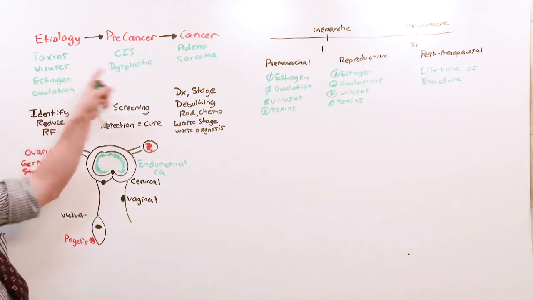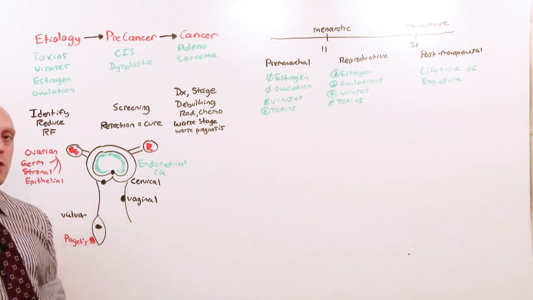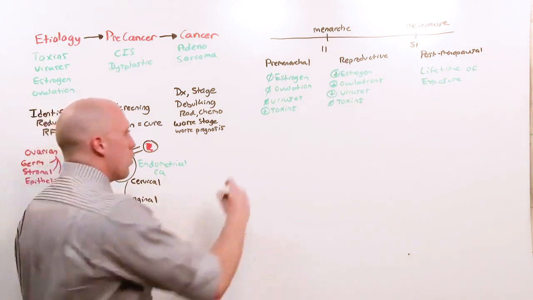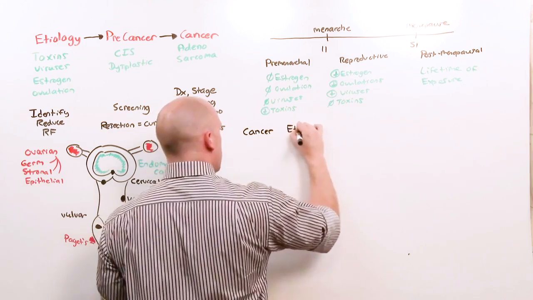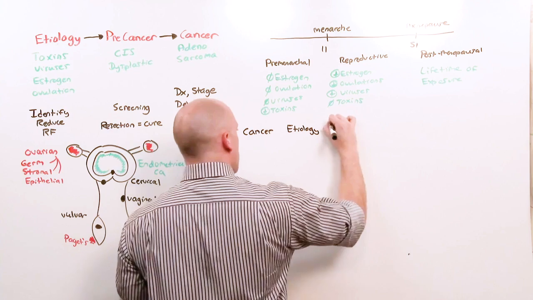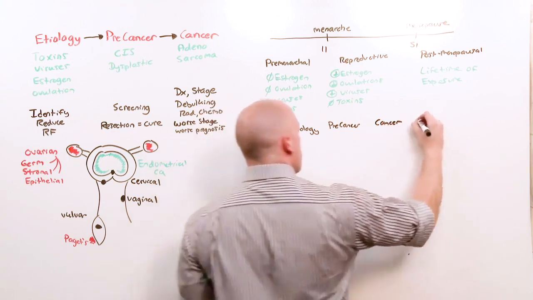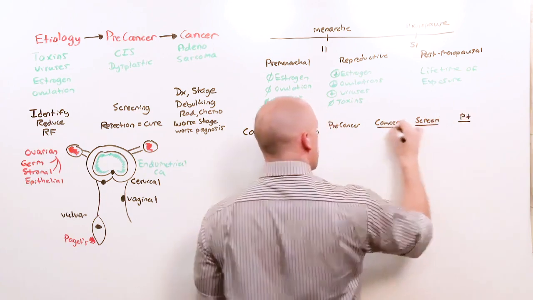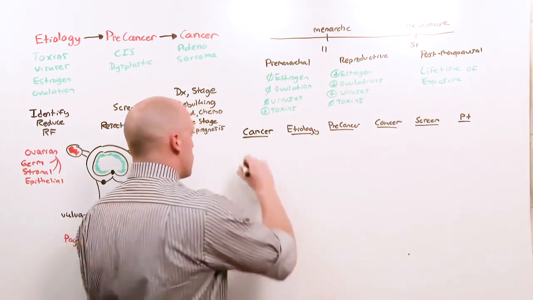So we use this process of developing cancer, exposure by age, and then also the type of cancer to finally build our summative table, which you should take with you on each subsequent lecture as you study gyn cancers. We're going to break this down according to the cancer it is, the etiology, or the risk factor, what pre-cancer looks like, what the cancer looks like, if there is a screen or not, and then anything in the patient history or the vignette you'll see that will help tip you off. First, we're going to talk about cervical,